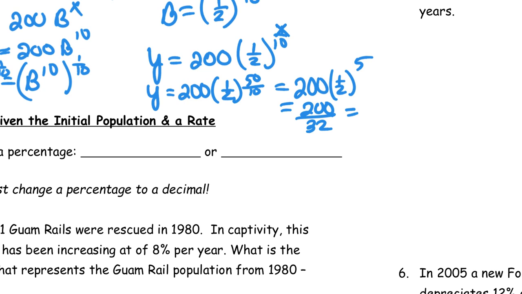Remainder of 4, leaving you with 40. And 8 goes into 40. So we get 25 over 4. And then this would be grams, correct? We'd probably put that as a decimal, but it'll be okay for today. We okay with that? Okay, so